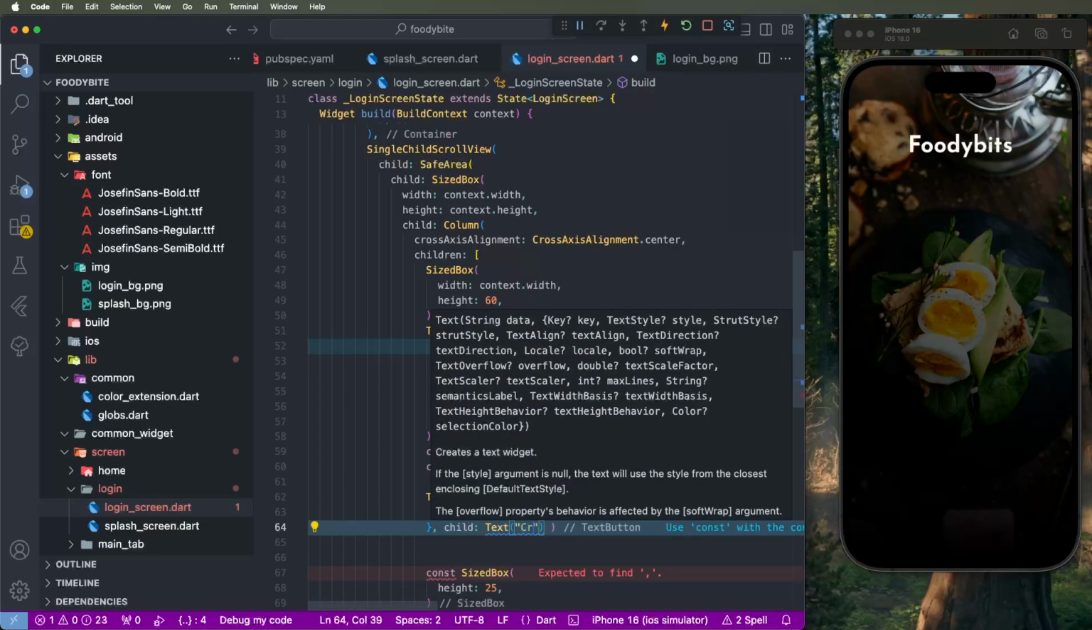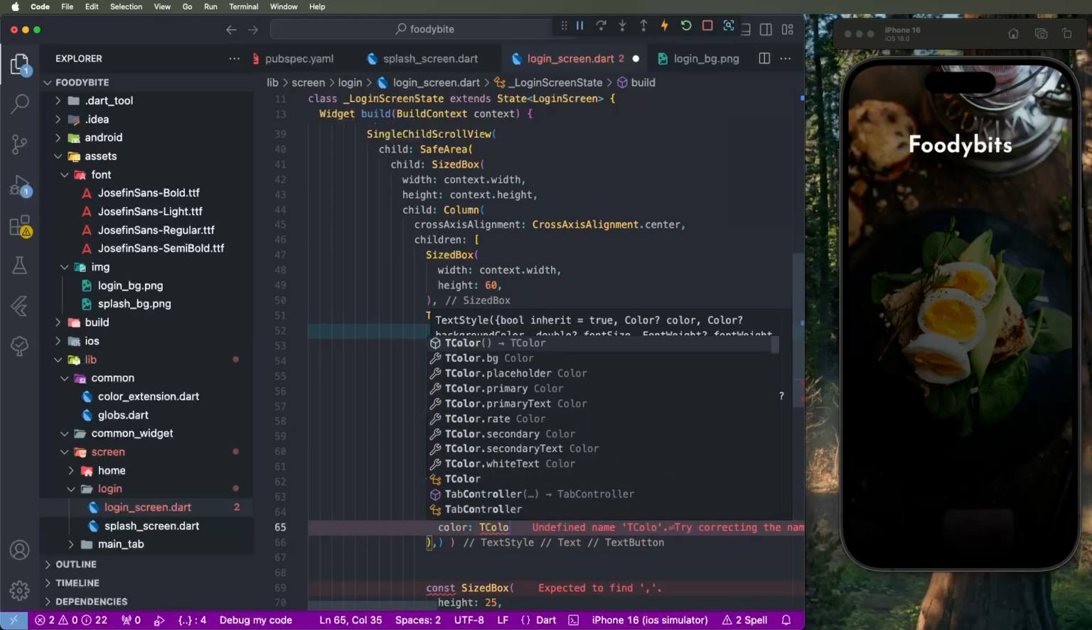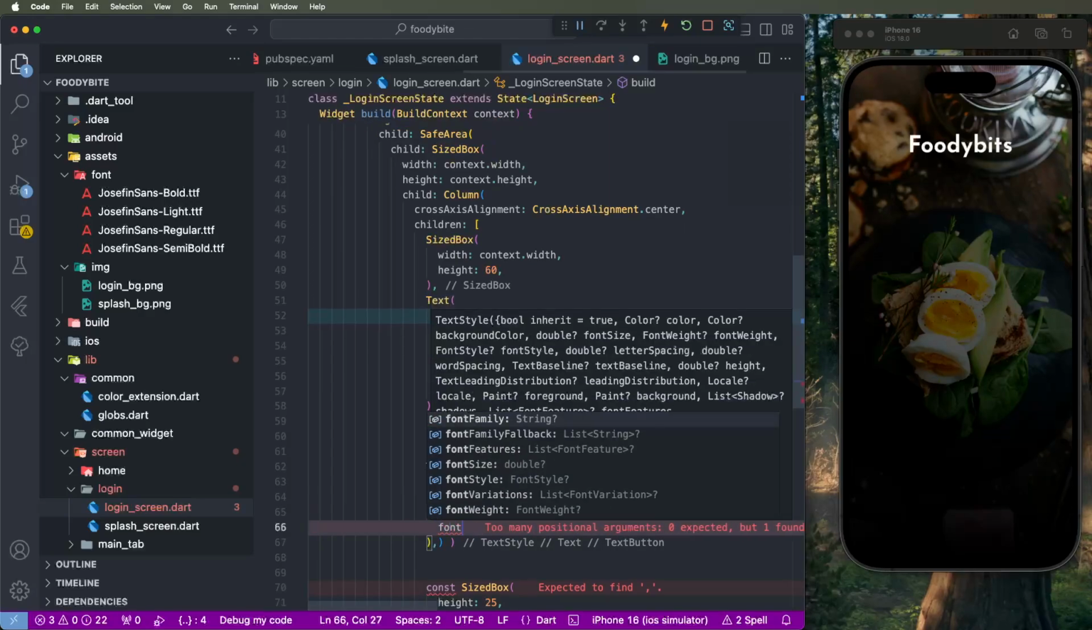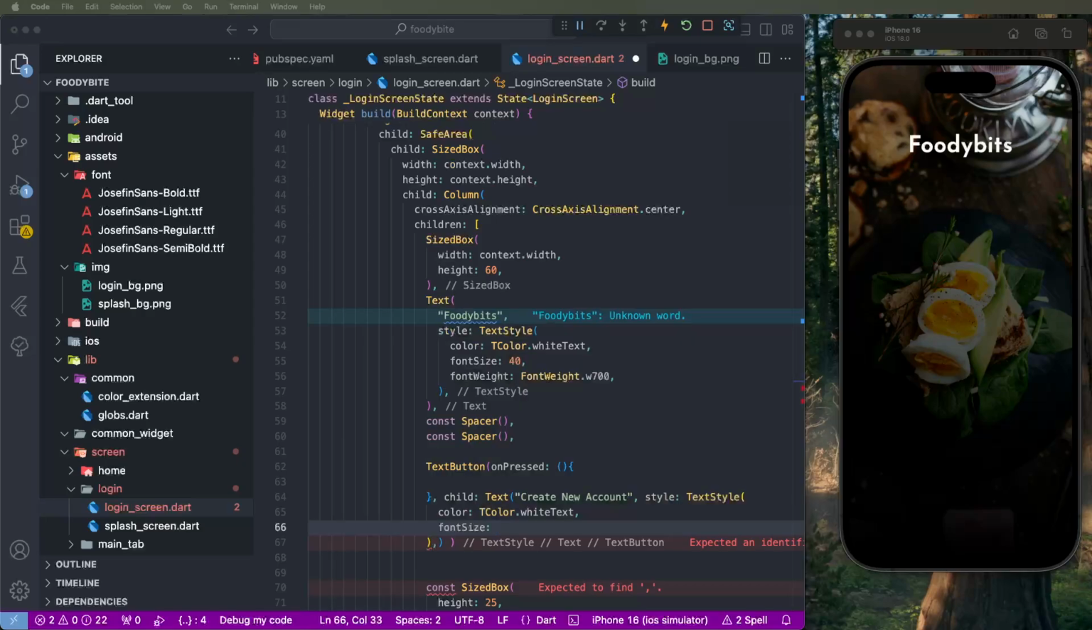Set here create new account. Set here style, text styles. Set here the color, T color white text. Then after set here the font size. Need to check XD files. I need to set here the